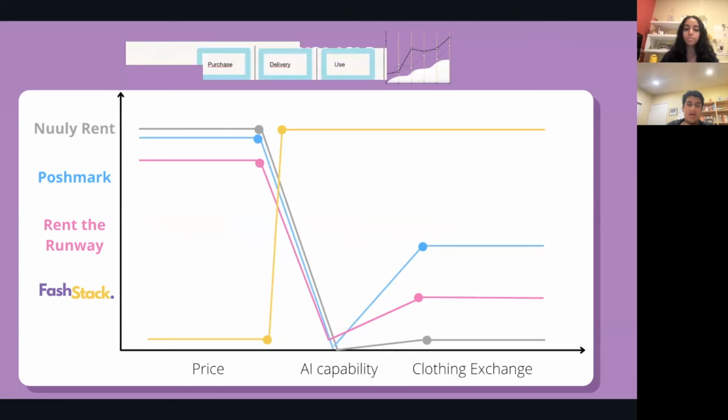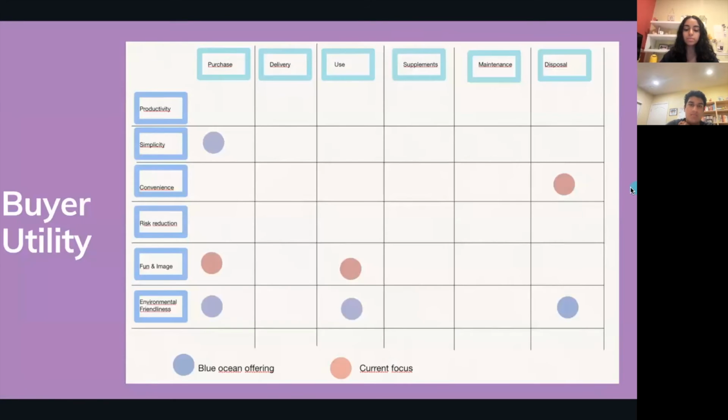So let's look at the buyer utility. The top 6 are the consumption stages, and the left side are the goals of those stages. The current market, which is shown in red, or the red ocean, only looks at image, fun, and convenience, while FashStack takes all of these factors into account, but also has environmental friendliness and adds further convenience by recommending clothing items. The whole goal of FashStack is to make it so that your old clothes are no longer wasted, but